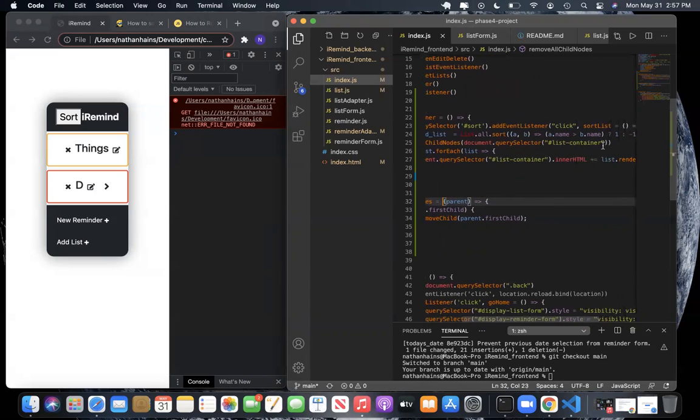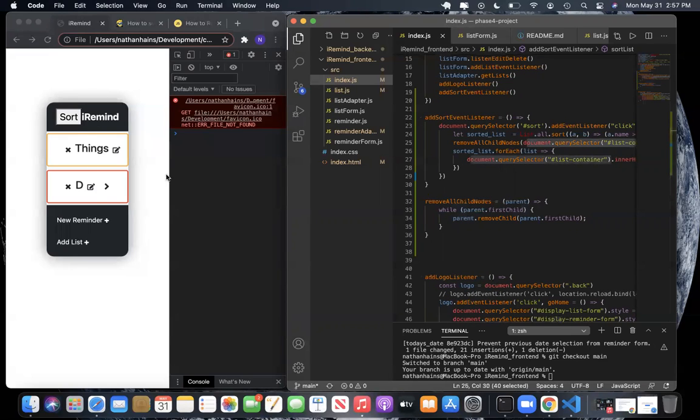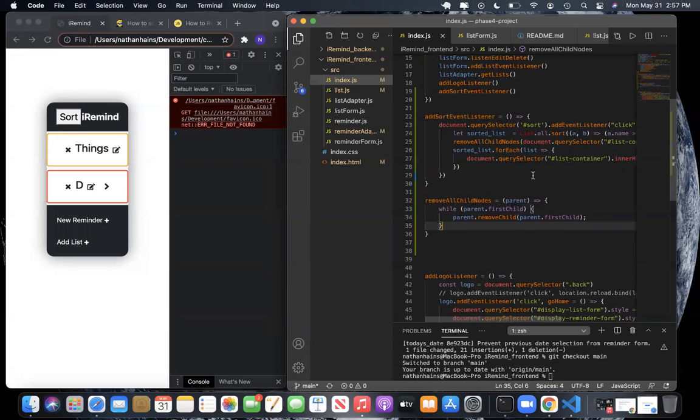In this case, it's going to be the list container that stores all of the list divs. And while there is a first child for this, so say there's 3, we run this, it's going to have 2. There's still a first child, okay, it's going to remove the second one. There's still a first child, there's 1 more, so it's going to remove that. Once that's done,